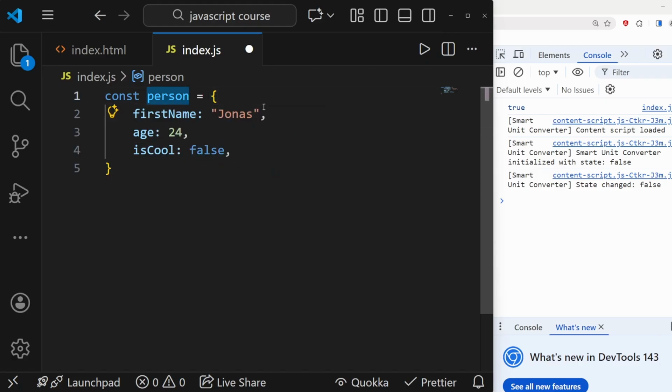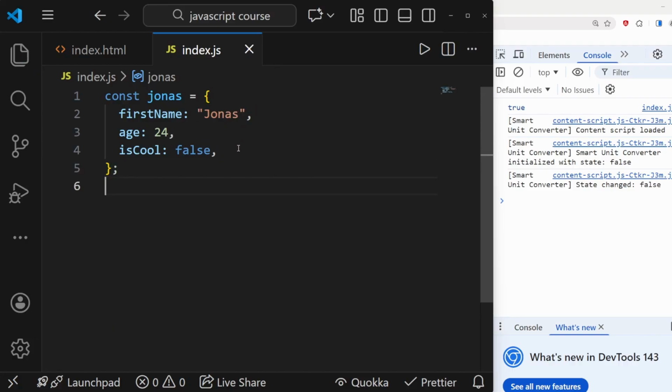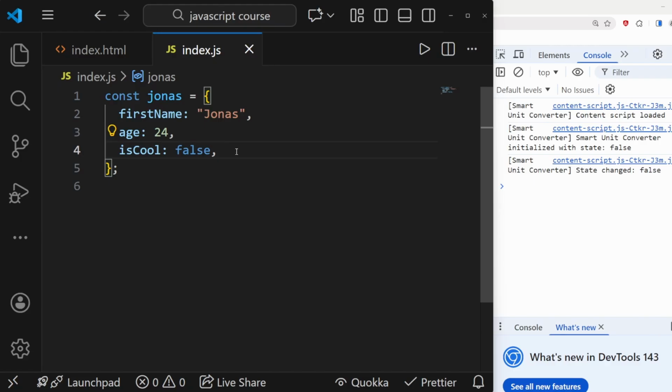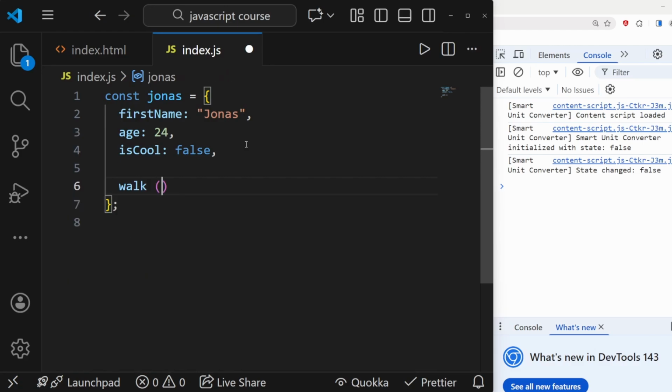And this variable name can also be Jonas. So now we're having this person Jonas that has a couple of attributes, key value pairs as you name them in JavaScript, but he's not able to do anything yet. Maybe we also want to define something that Jonas can do. And in order to do so, we can, for example, say walk, so the name of the method that we want to define, followed by brackets. Again, we can define parameters within those brackets, followed by those braces. And now we can, for example, console.log walking,